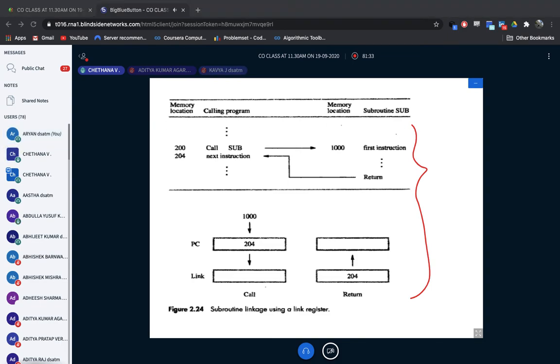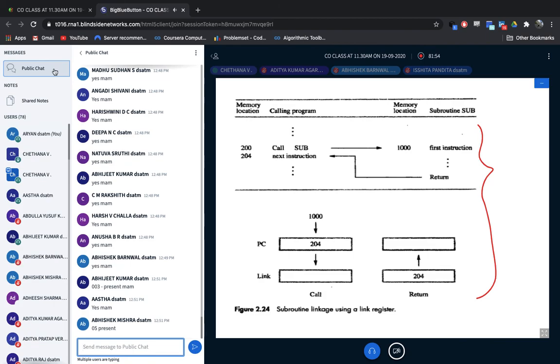Next is Abdullah Yusuf Khan. Present, ma'am. Okay. Next Abhijit. Abhijit present. Okay. Abhishek. Present, ma'am. Abhishek Mishra. Abhishek Mishra present.